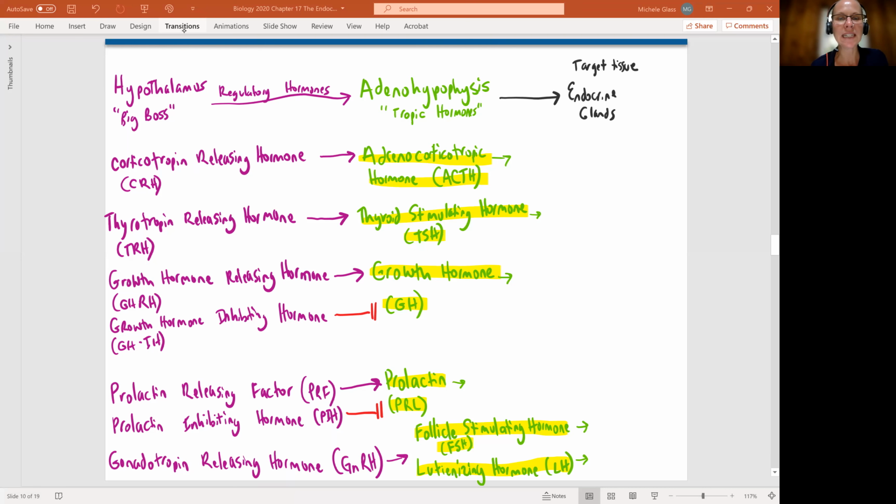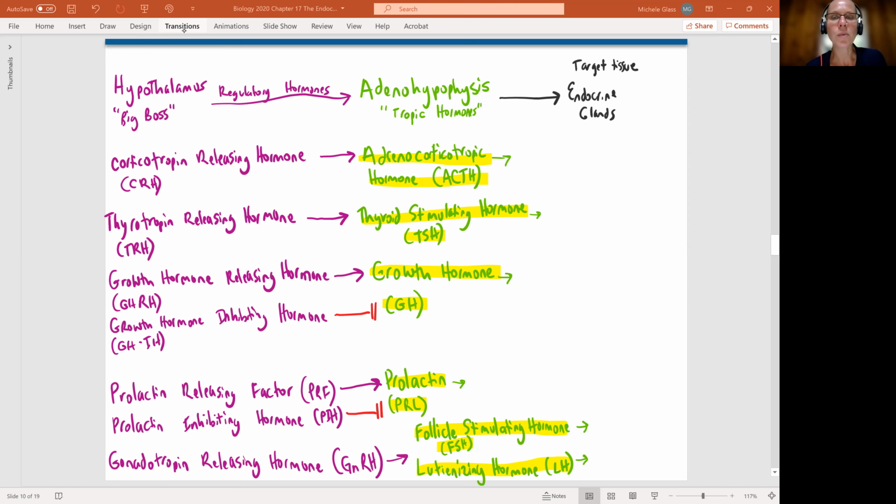Remember, we said that the adenohypophysis is being regulated by the hypothalamus. We can think of the adenohypophysis as sort of our middle manager because it's very much in charge of turning on other endocrine glands. When we think about them as being called tropic hormones, if you pay attention, tropin and tropic is in a lot of the names of these hormones, and that's very much saying "turn on." So if we stop and pay a little bit of attention, we will see our name is giving us quite a bit of information here.